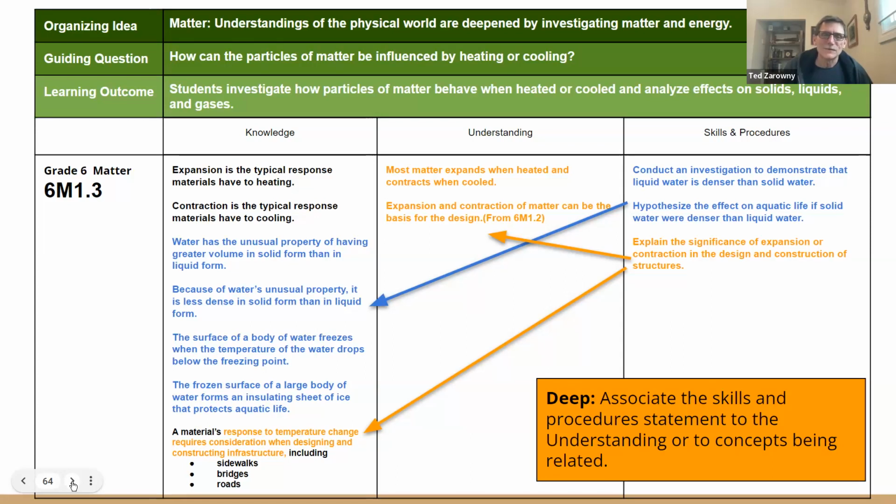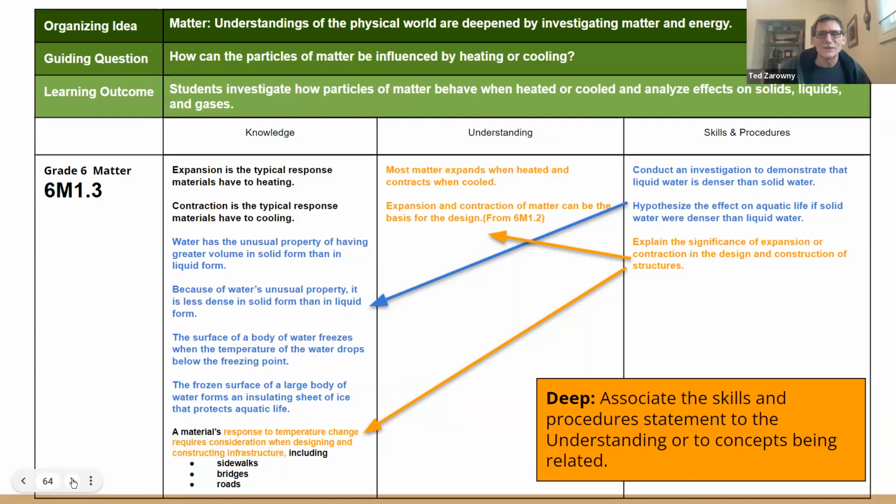And then again, they're connected to the orange things, which are the understandings in a sense. So you can use that. You'll notice I have some blue things there. Again, that's just some pretty surface level stuff. That water is frozen and expands when frozen, and contracts when not frozen, and just some things to test that knowledge out, or to demonstrate that knowledge.